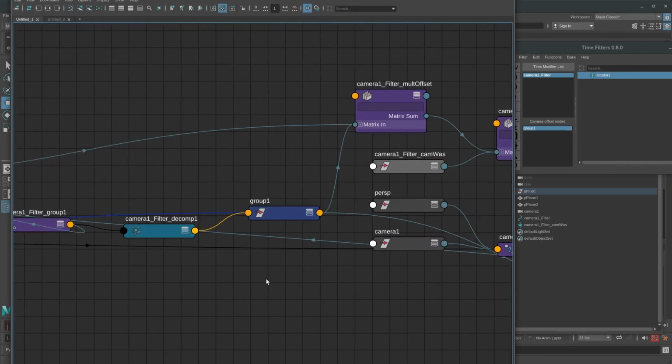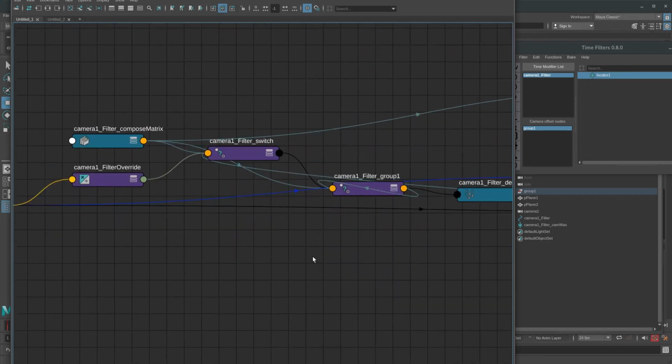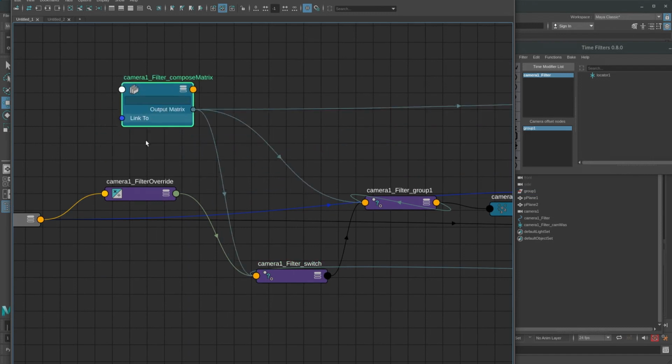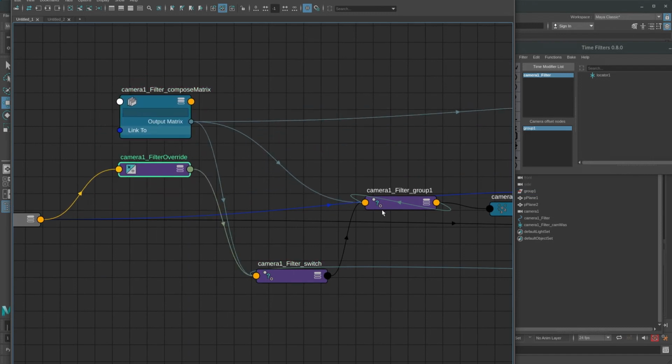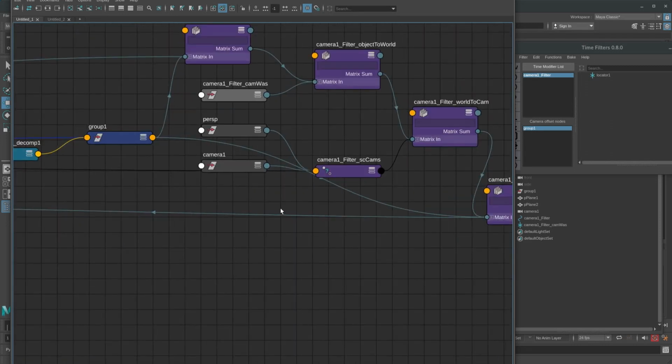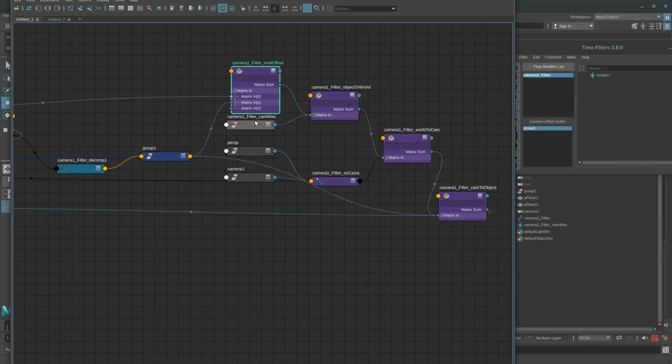Again, a lot of trial and error to get this working, but you can see here is the compose matrix, which is a duplicate, a storage node. There's a lot of back and forth before we get to the actual math.